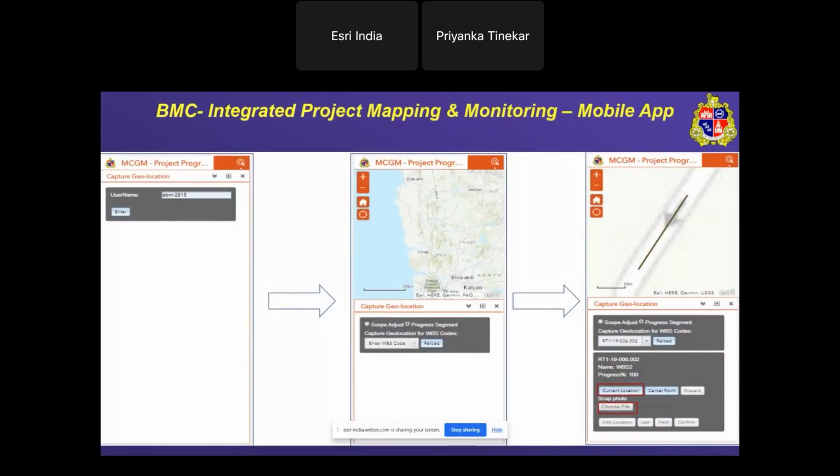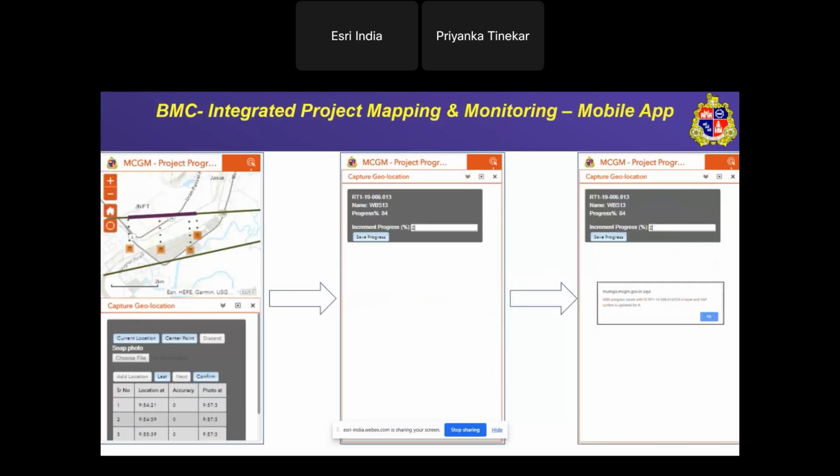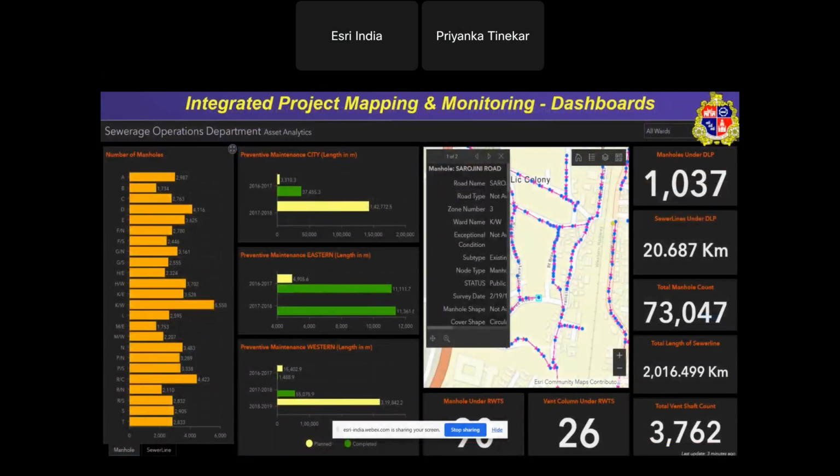These are some screenshots of mobile applications used for tagging the projects in BMC. So using our mobile application, the projects under BMC have been geotagged. And after geotagging these projects, we come up with an integrated dashboard where all the projects have been mapped and monitored. So this is one such example of a sewerage operation dashboard wherein the data can be filtered ward wise